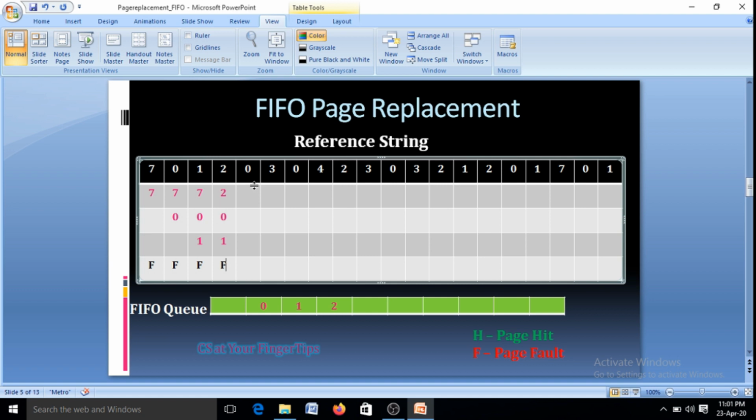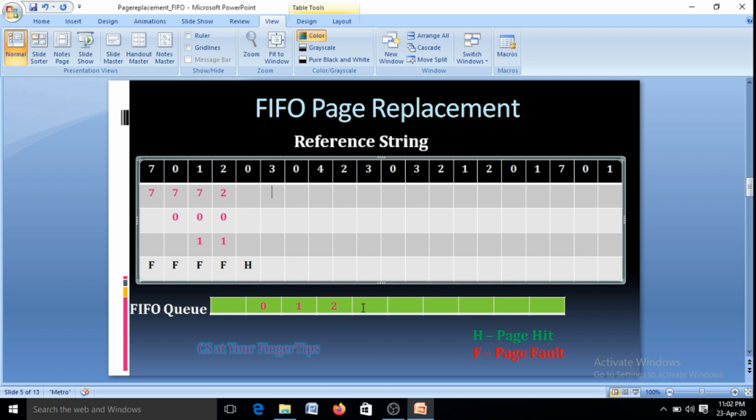In the next case the page reference is for page 0. We can see that page 0 is already available in the primary memory. Therefore, it will not create a page fault and it is known as a page hit. Now, see the case of reference 3. The page 3 is not available in the memory. Therefore, the operating system has to select a page for replacement and the FIFO algorithm will select the oldest page from this set.